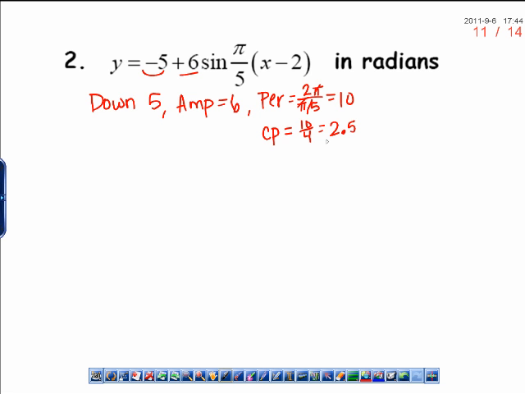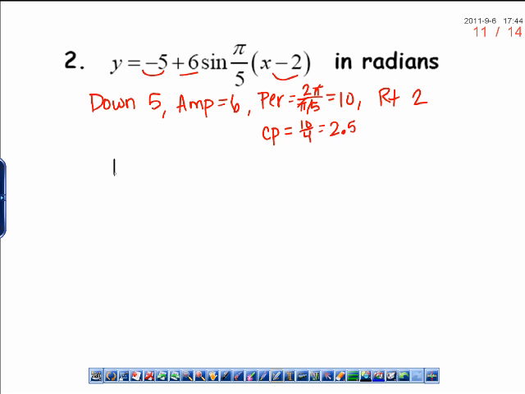Okay, and I'm going to go ahead and use the decimal here. If I was dealing with pi, if the pi's had not canceled, I might want to use a fraction. That might make dealing with pi's easier, and you could deal with the fraction 5/2 here. There's nothing wrong with that. And then lastly, we have our -2, which is a shift to the right 2. Okay, so again,